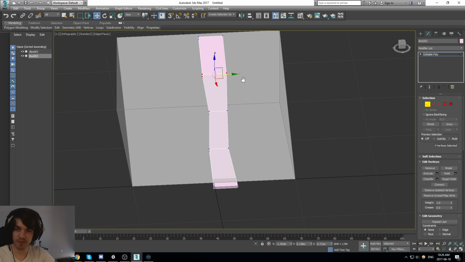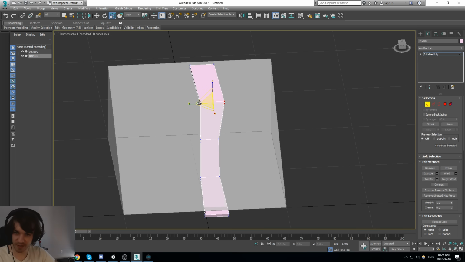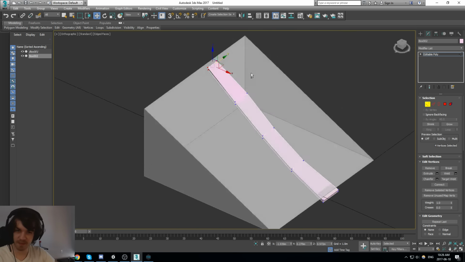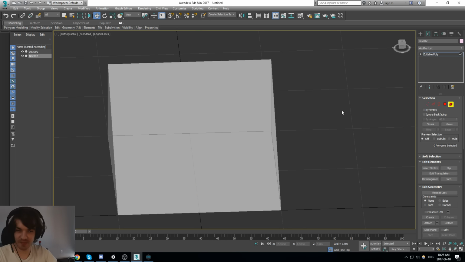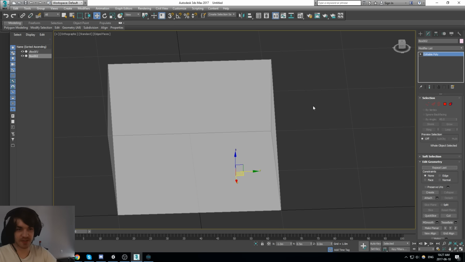There we go. Variation in our plank. Crazy things, guys. That's not a plank at all. Alright. Let's not mess this up this time.